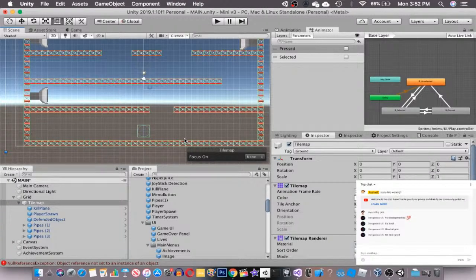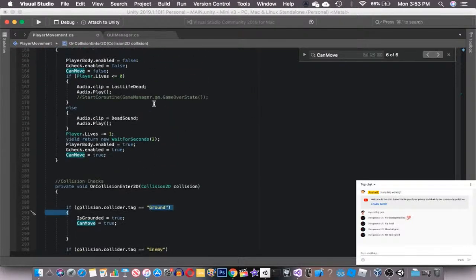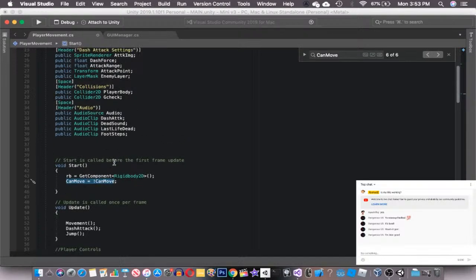Hold on, you already got the deal? That's weird. That's really, really weird. I guess I solved a problem that I didn't know I had, but one thing's for sure: one is for ground, one is for enemy, so both of those should be fine. But can move right here. Can move, and right here is,